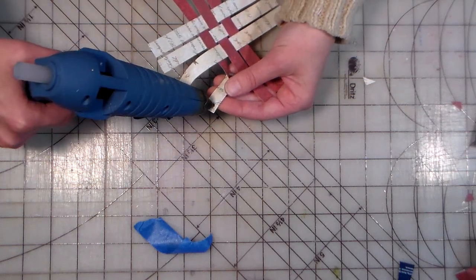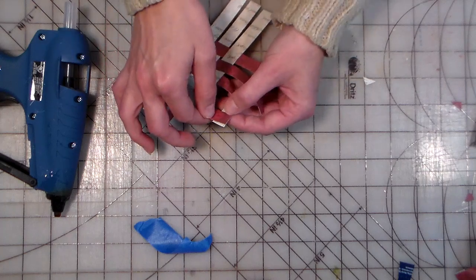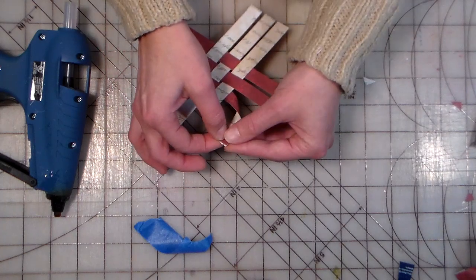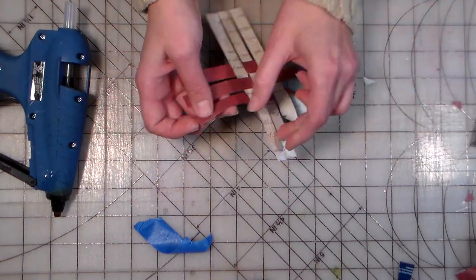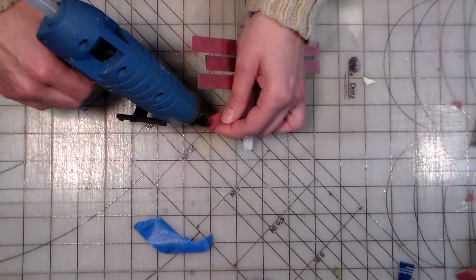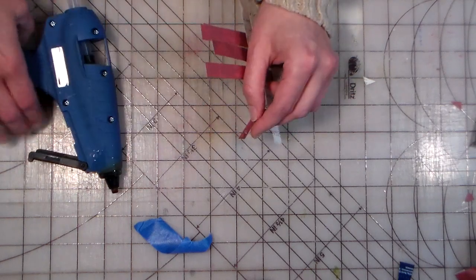That's, I think, about the only place you're going to get confused, if you twist them up instead of under. And you're going to go around and do that on every corner. This is one of those projects where you could cut a bunch of these up ahead of time, sit down in front of the TV